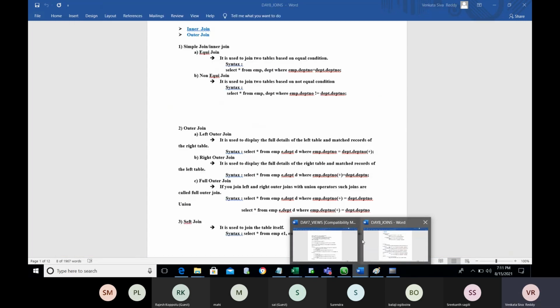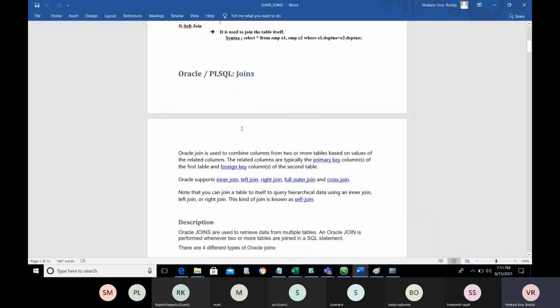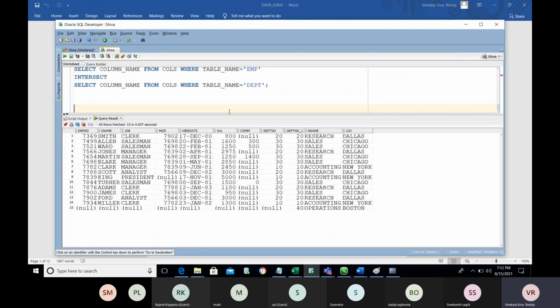So we have the self join. What is the meaning of self join? If you are learning the course by yourself, that is self. If you are learning with a trainer, that is not like a self join. If you are learning by yourself, that is self learning; if you are learning with a different one, that is non-self. Similarly, if I want to retrieve,